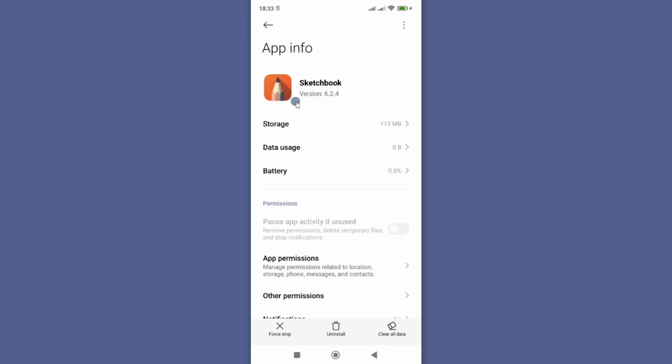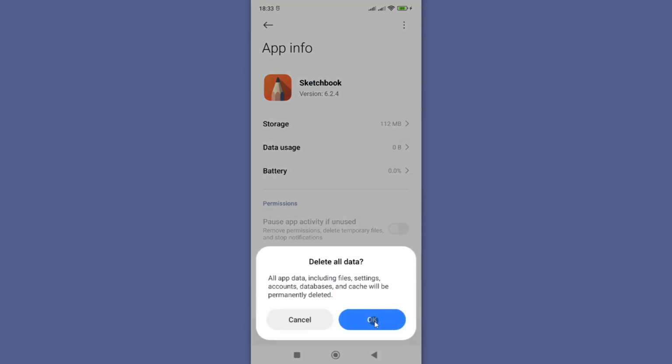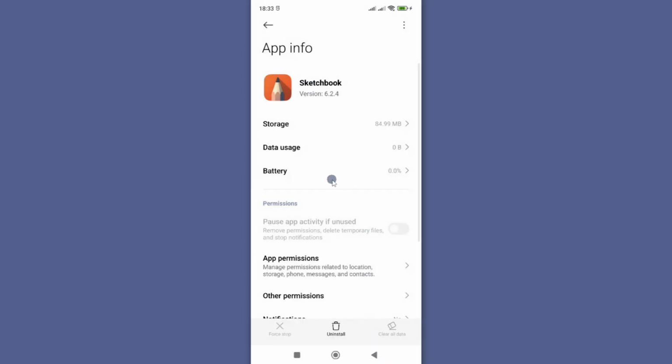However, should you still find any challenge, then you need to go ahead and clear all data by clicking on clear all data here and then okay, and then you need to go ahead and log in afresh for you to use this app. However, if this doesn't solve your problem,